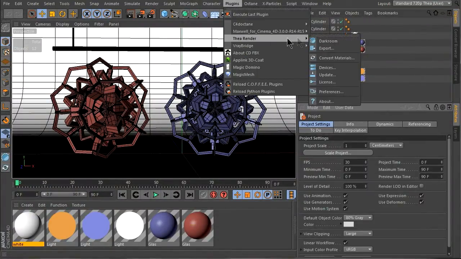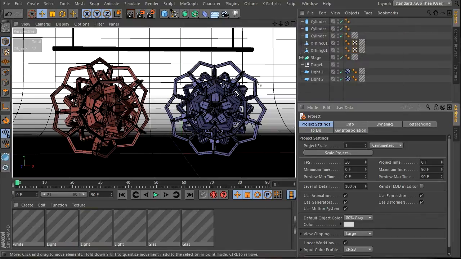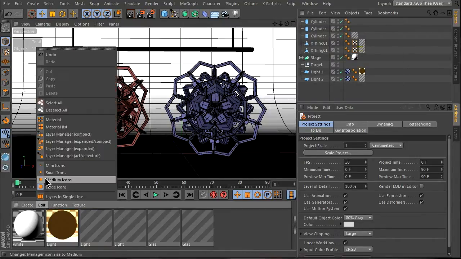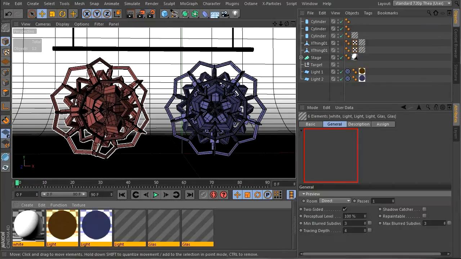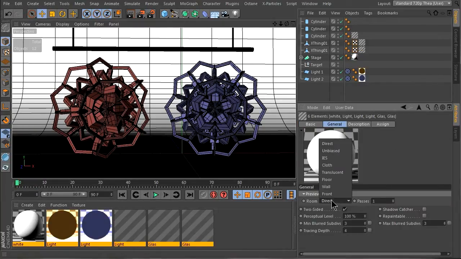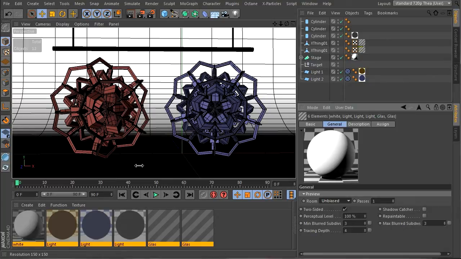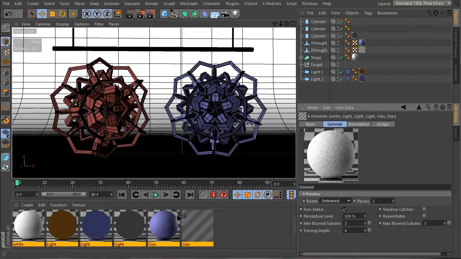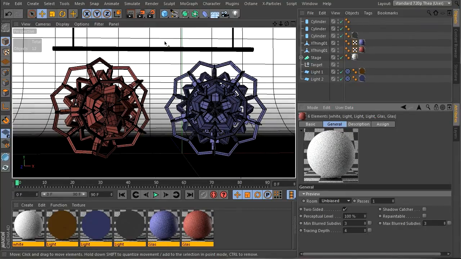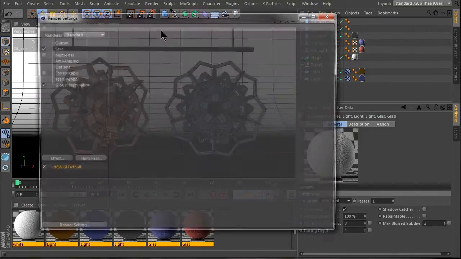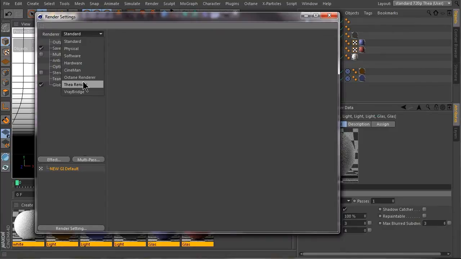Now convert this over to Thea Render. I like going Edit, Select All, switching this to Unbiased, because it will give a quicker preview that is more accurate to what it will look like in Thea Render when using an unbiased engine, which is my preference. I like using the unbiased engines. Now let's switch this over to Thea Render,